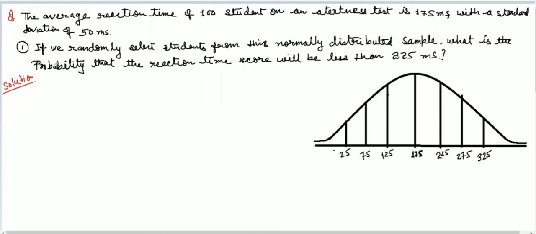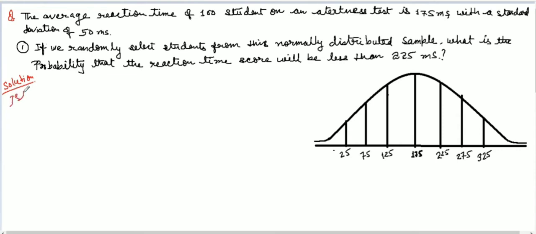Hello everyone. In this video, I'm going to explain how to use the z-score table to find probabilities for a statistical sample with a standard normal distribution. For this, I'm going to take this question and do it in three ways, using three different types of z-score table. So first way, I'm going to use the z table where 100% area is given.